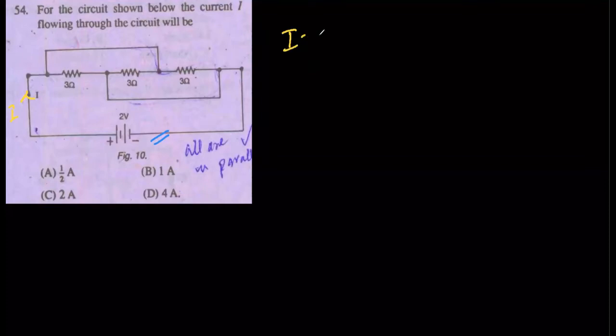Okay, next MCQ is, for the circuit shown below, the current I flowing through the circuit will be, so this is my current I. This circuit is a bit complicated. Here we need to find the current, which is equal to V divided by R. V is equal to the supply voltage, and we need to find R equivalent. Current will always follow the least resistance path, so current will flow like this, but after this we have another resistance. So the current will also flow in this resistor. So if you join these 2 points,